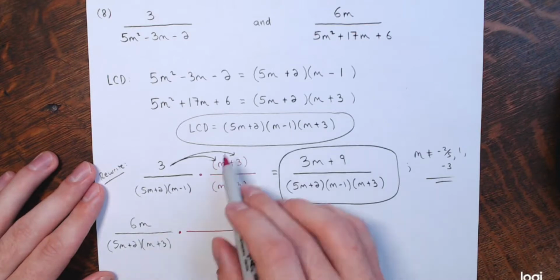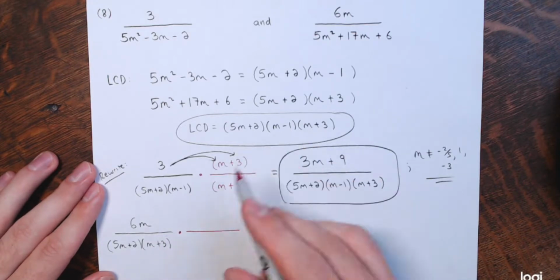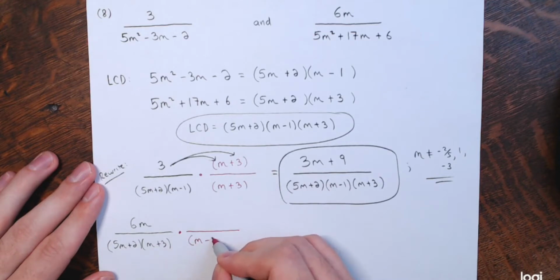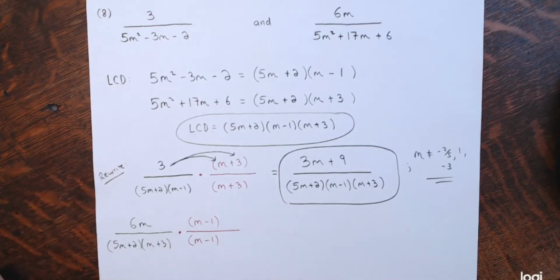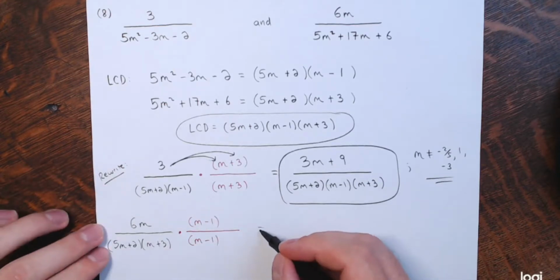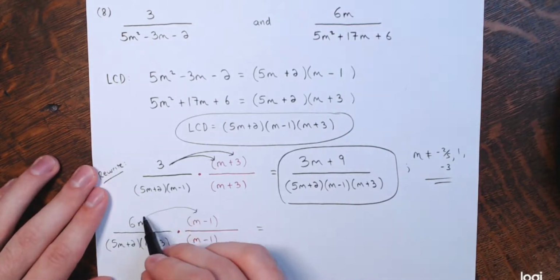The 5m plus 2 is there, the m plus 3 is down there. The only factor it's missing is m minus 1. So I need to multiply the denominator by m minus 1 and also the numerator by the quantity m minus 1. And once again, you can leave everything in factored form like this, but I have been multiplying the numerators